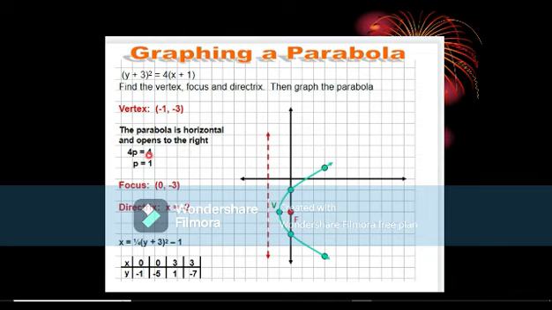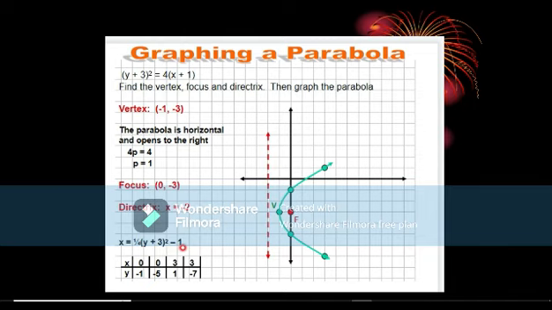Since 4p is equal to 4, the numerical coefficient of x + 1, then p is equal to 1 because 4 divided by 4 is 1. The focus is (0, -3). The directrix is x = 2. If we express this in another form, we have x = 1/4 (y + 3)²